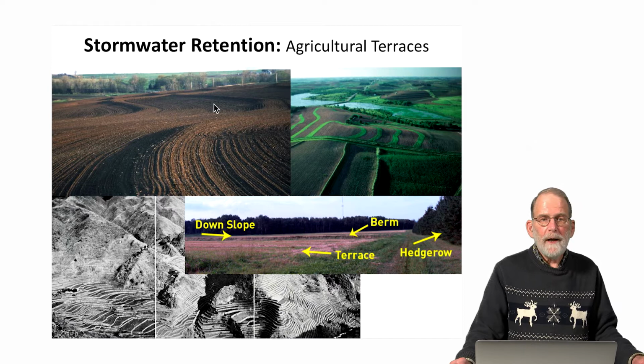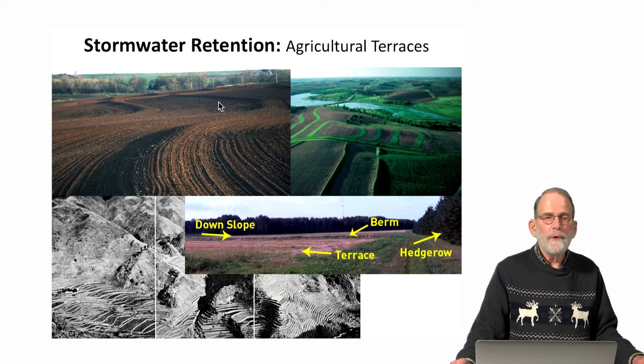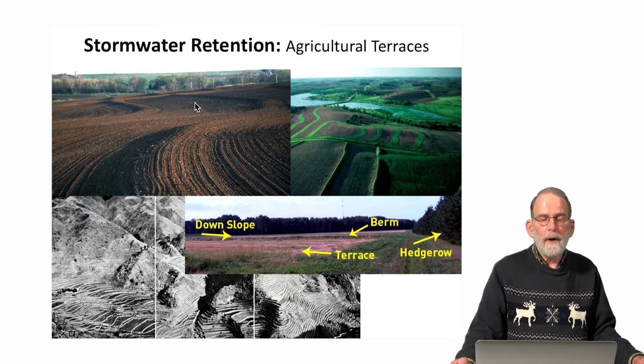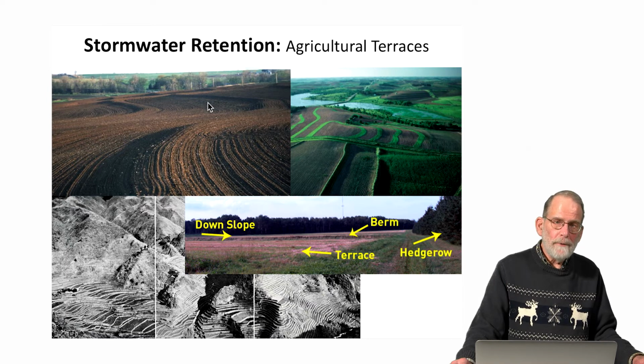With the level planting surfaces, we are reducing the rate of runoff, and thereby we're promoting greater infiltration because the runoff is going to hang around longer in the landscape. So we are promoting infiltration, we are promoting retention of stormwater in the landscape, in this case in an agricultural context. And we can see that then planted where we begin to see the terraces, the benches in between the